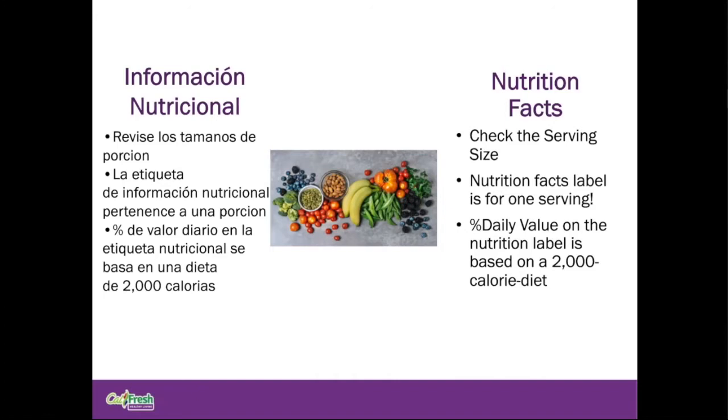Whenever you do look at these nutrition facts or nutrition table, we recommend you check the serving size, which can be very important, and also make sure you remember that the information that's on the table reflects one serving. So that's why we want you to check how many servings, and we want you to keep in mind that the nutrition facts on the table only reflect one serving. Also, the percentage of daily value on the nutrition label is based on a 2,000 calorie diet, and that can be very helpful when deciding how much of something we want to eat and what foods we should limit based